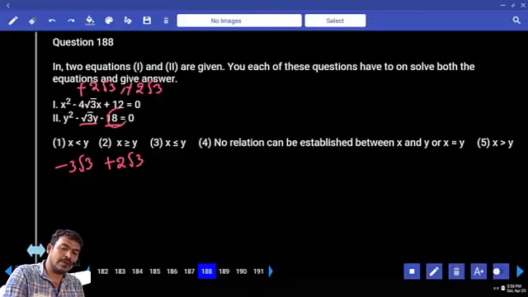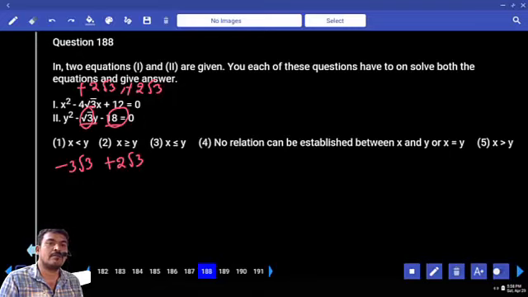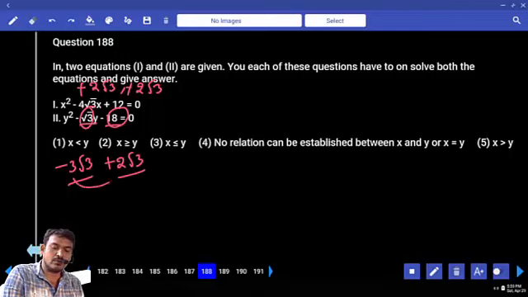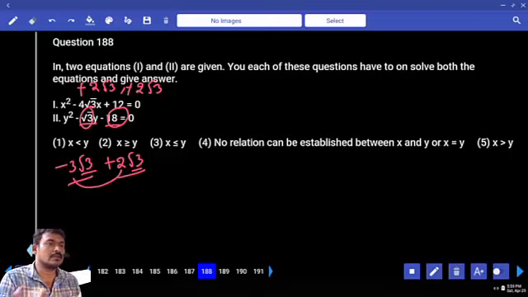No confusion. 18 divided by 3 is 6, which means the product value. 18 divided by 3, how much? 6. Is that 6 the product value or some other value? Product value. One root is minus 3 root 3, another is 2 root 3. Their product: 2 times 3, how much? 6. Root 3 into root 3 is 3, and 6 times 3, how much?